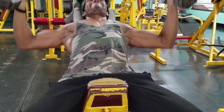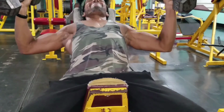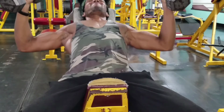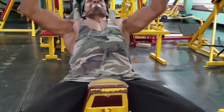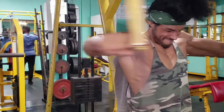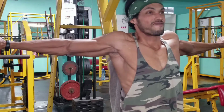If I'm not feeling it, I just go over to the cables, or I just go to the seated cable fly machine. That's really popular, and what a lot of people just end up doing, running away from the free weight. Even sometimes, you know, I do that too. So like I said, I went onto the seated here in the neutral grip, just trying to catch the upper chest,